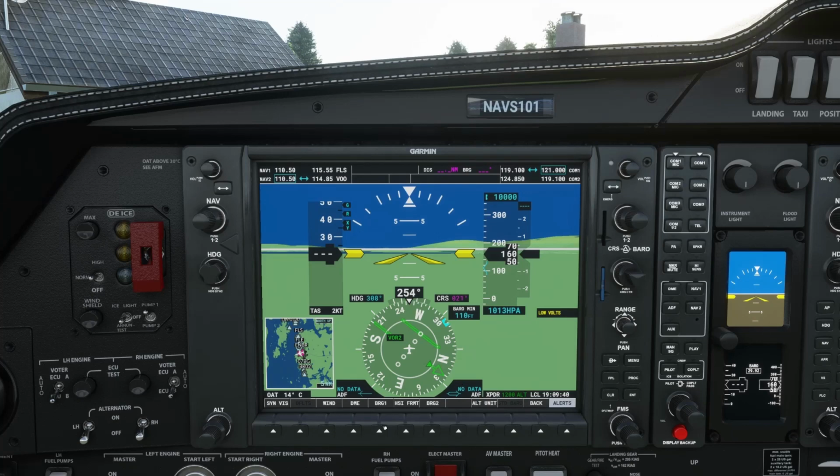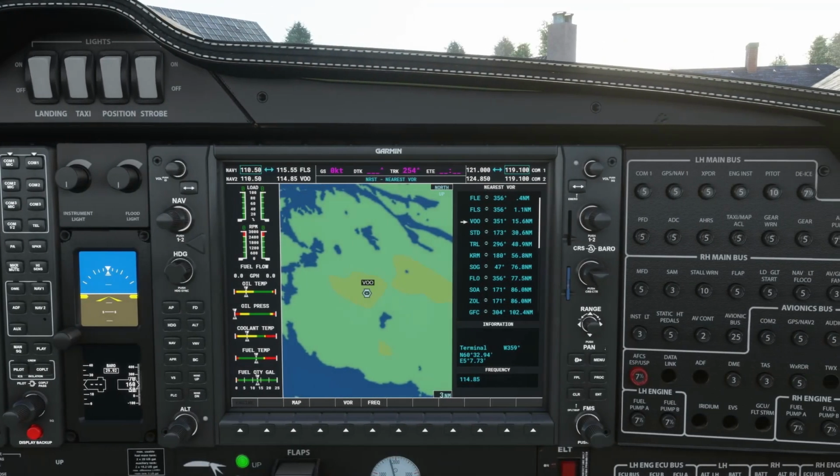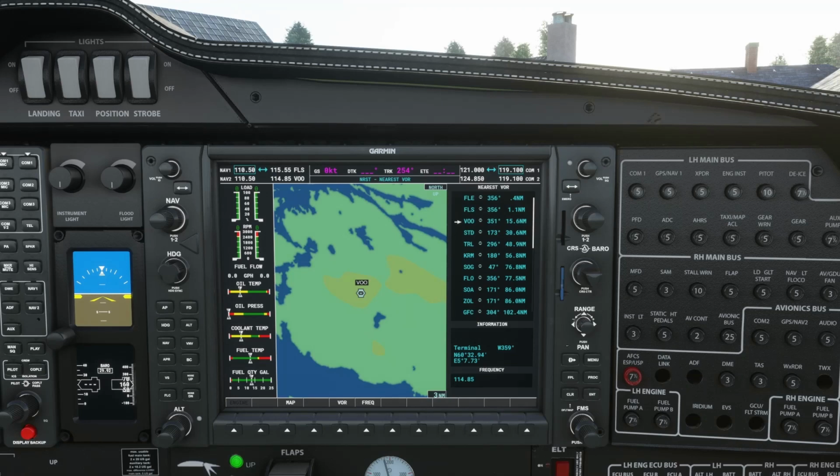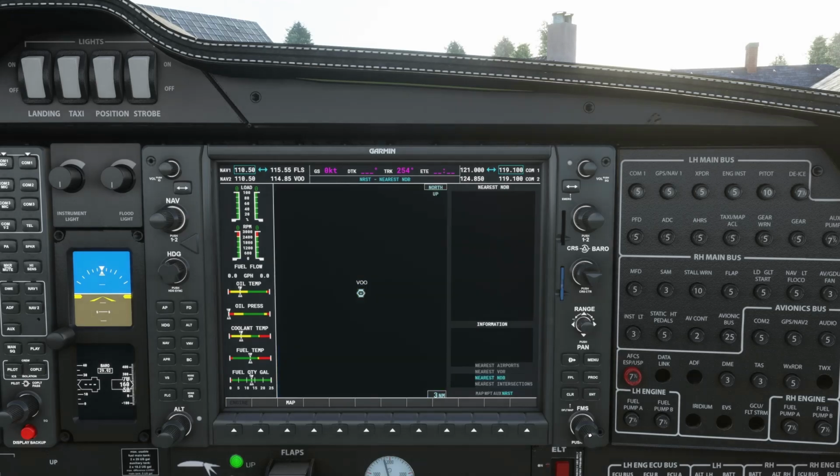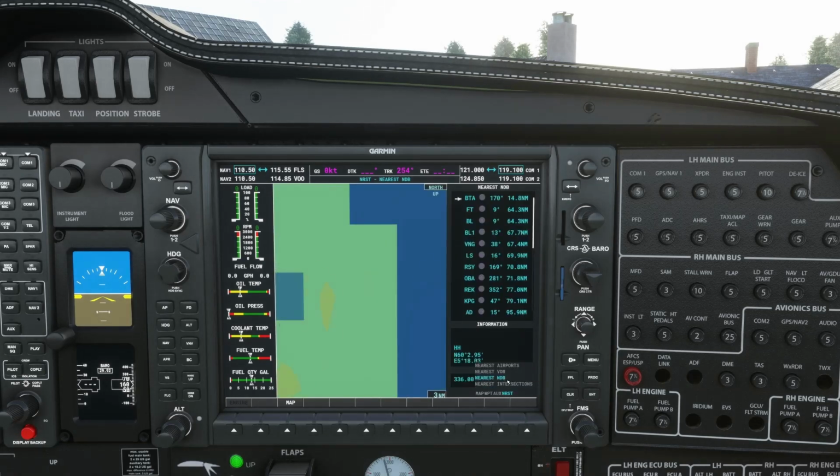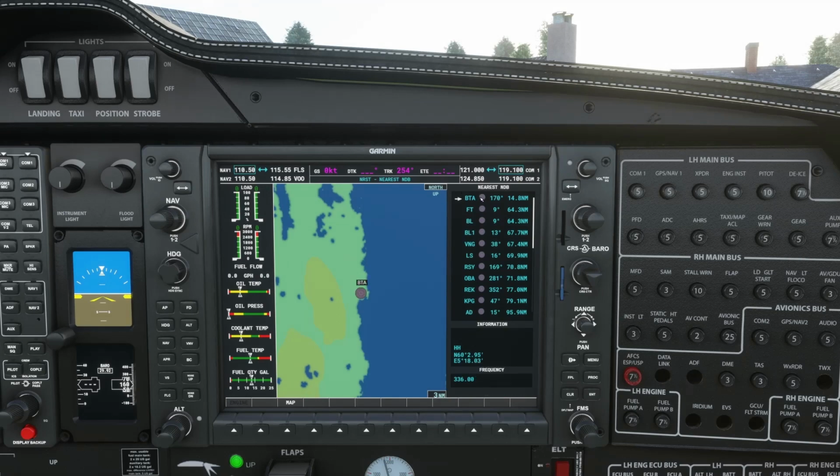Now going back, if we just go back and go to ADF here. Now you can see ADF, no data. The ADF tuning function doesn't actually work on this G1000 unit. I don't know why really, but I'm not sure who uses ADF. I've never used it while flying for ages, but you can see here that to get the ADF you just go down to NDBs, and there you can see BTA.